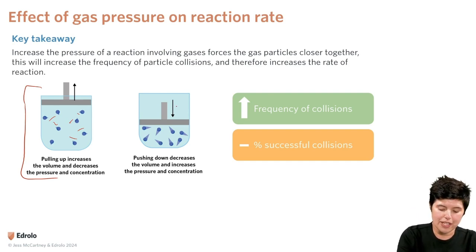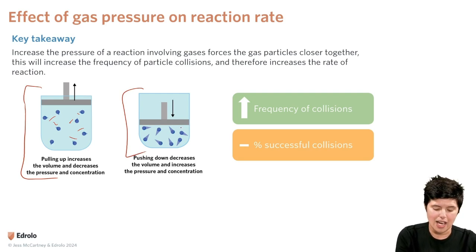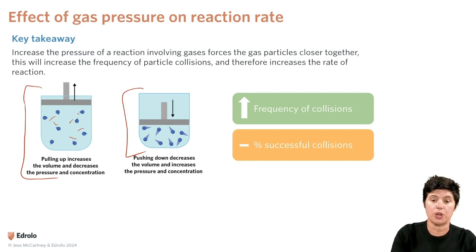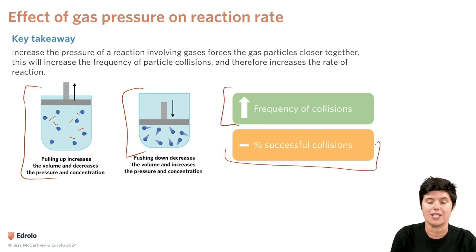Now, as you push the plunger down, as you can see in this second diagram here, the space decreases. As the space decreases, the likelihood of them coming into contact would increase. So this would increase the amount of collisions that are occurring. Now, this does not change the energy that's behind these particles, okay? So the amount of successful collisions doesn't change, but the amount of collisions that's occurring does increase. So this would increase the reaction rate by increasing the frequency of collisions, but doesn't increase the percentage of